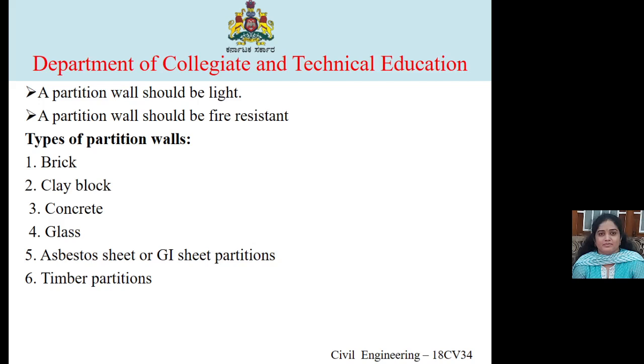In this type of partitions, the glass is used either in the form of sheets or hollow blocks. A timber framework is prepared, and then sheets of glass are inserted in the panels, or it may be aluminum panels. The sheets of glass are kept in position in panels by applying putty, which is a mixture of linseed oil and whiting chalk.